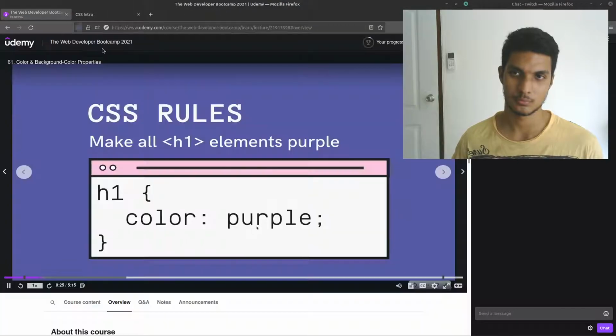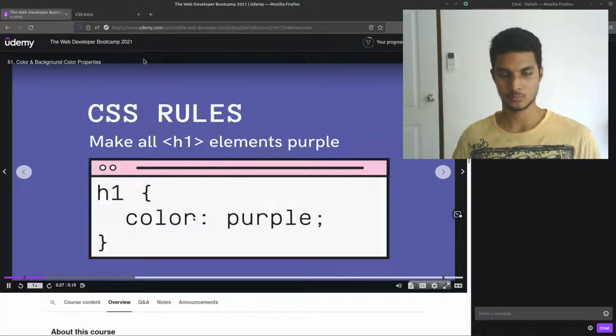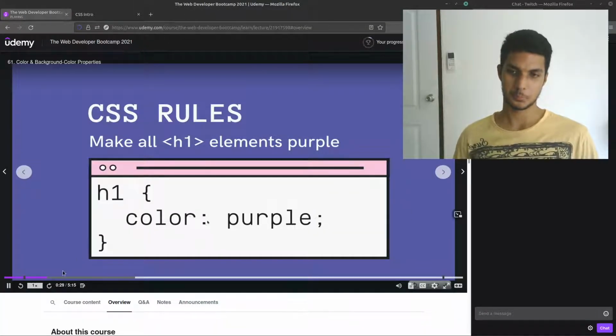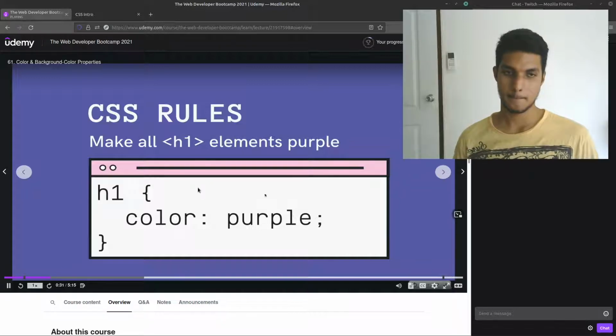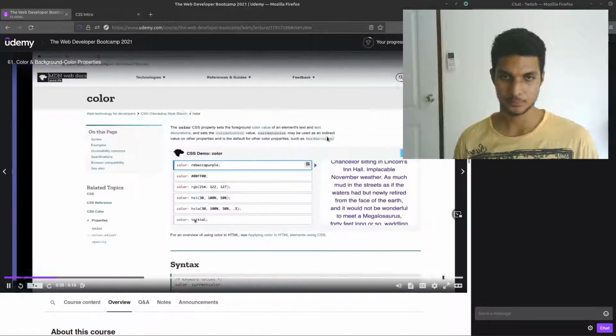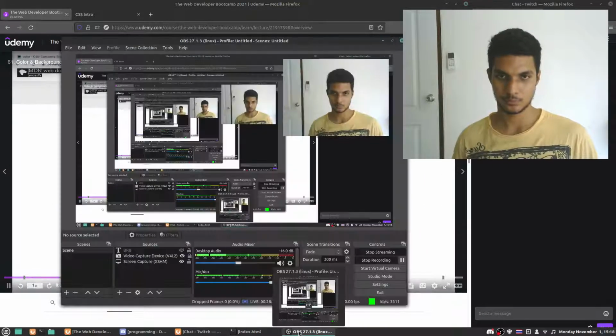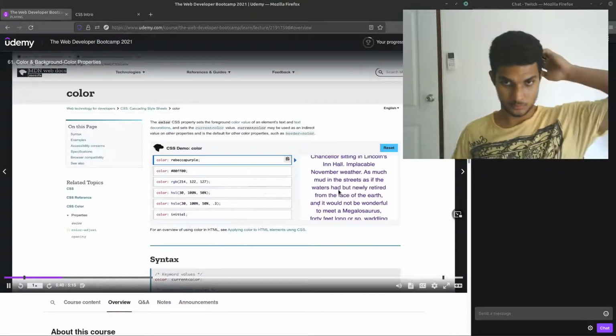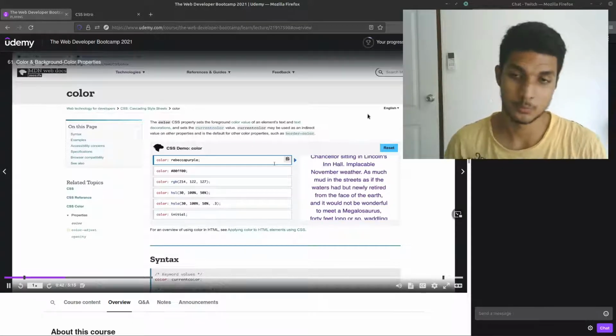Is the different properties that we can set for an element. And we're going to start with this one right here, color. So we can select, in this case, an H1 or all H1s, and set their color to be purple. The color property on MDN, looking at it right here, is something that accepts a bunch of different types of